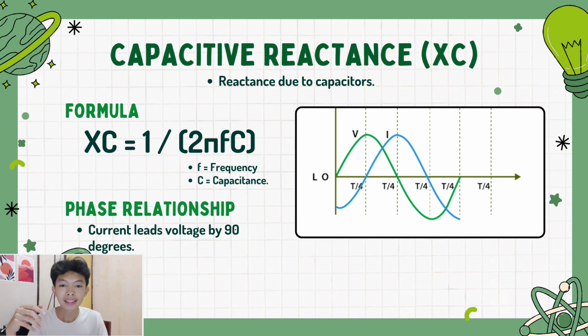Now, capacitive reactance tells us how much the capacitor resists the flow of electricity. Now, we have the formula. We use the formula to find the capacitive reactance. So we have XC is equal to 1 over 2 pi FC, where F is the frequency and C is the capacitance, or how much